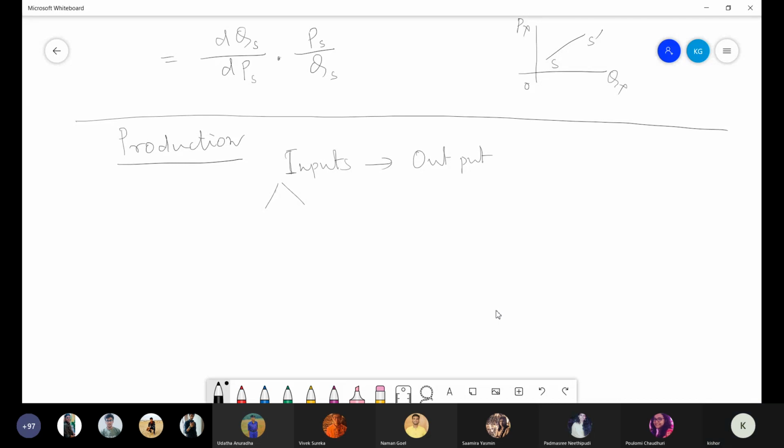And when you are combining all these inputs and adding value, because when you are converting them into a pen, this pen you are ready to pay maybe even 10 rupees, 15, 20, or even more, depending upon what kind of product or what quality product you are producing. So when you are converting this into a pen, all these inputs ultimately become more useful. Because of that, you are ready to purchase. So in that way,